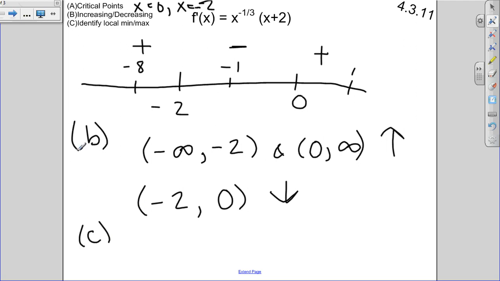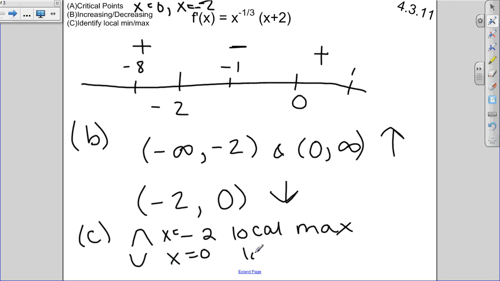And we can use that information to identify our local min and max values. So at negative 2, you can see that we're going from increasing to decreasing, which means that negative 2 is a local max. And at 0, you can see that we're going from decreasing to increasing. So at x equals 0, we have a local